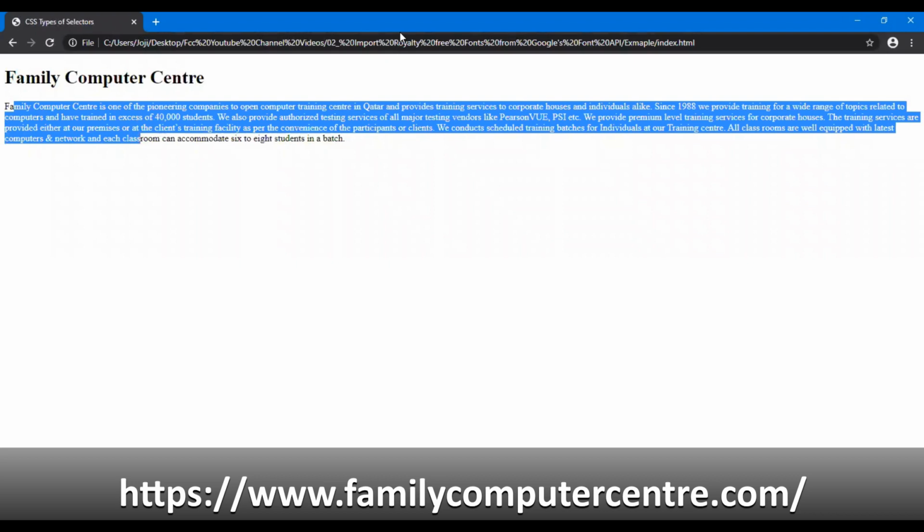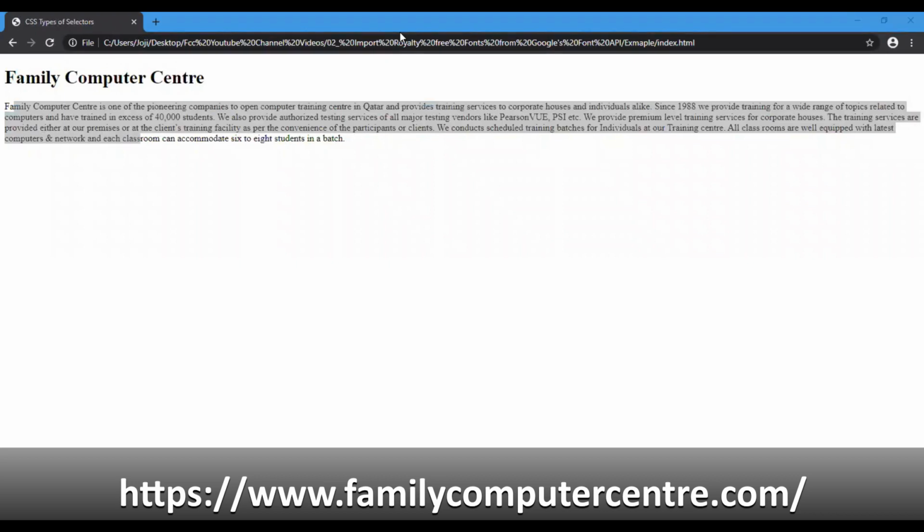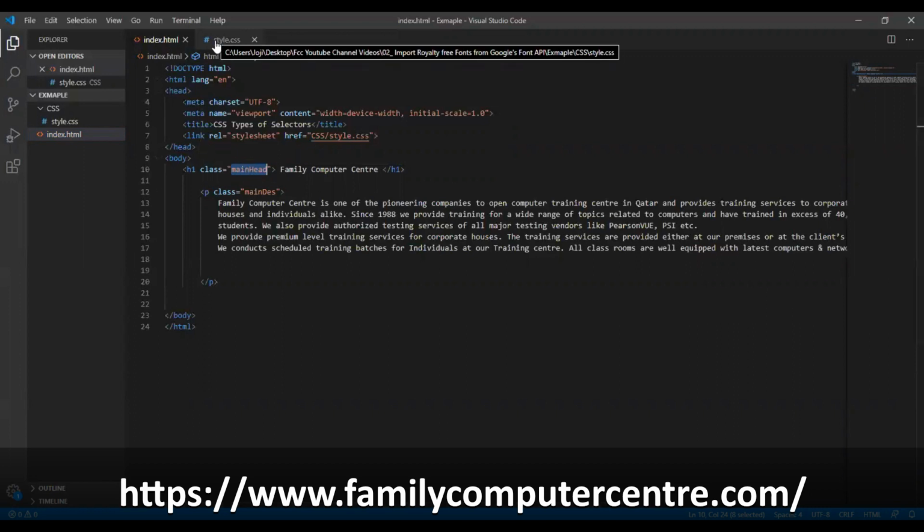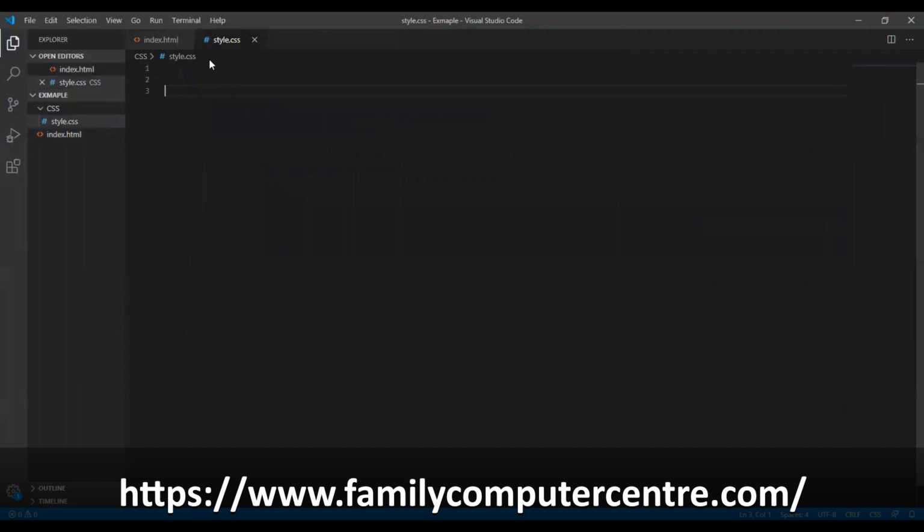You might already know how we add font style to the elements in our page. Still, I will quickly walk you through those things. For example, we have our heading called main head class. Under the main head class, I'm going to apply the font style Arial for this heading. So to do that, I'm switching over to my CSS file, styles.css, and I'm going to